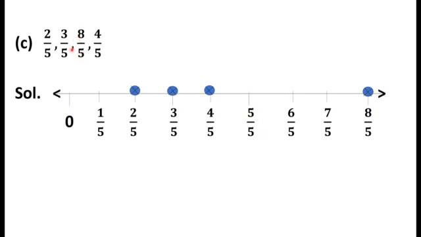So when 5 goes into 8, it leaves 3 by 5. Okay, so we need to move 3 more steps from here. That is, from 5 by 5 we need to move 3 more steps to reach 8 by 5. Okay, so that is from 6 by 5, 7 by 5 and 8 by 5. So we reach 8 by 5 when we move 3 more steps after 5 by 5. So this is it, children.